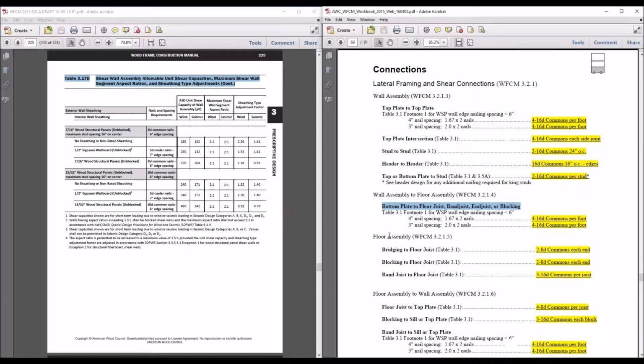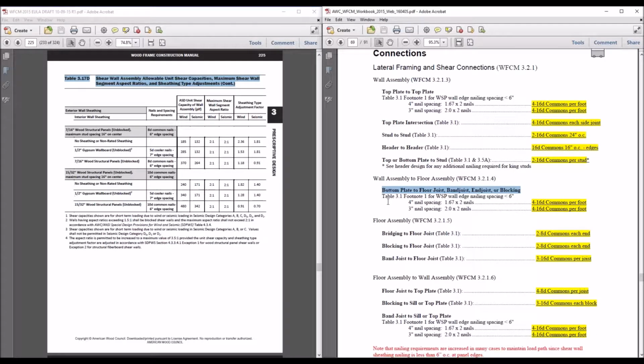This is a requirement to handle shear that's going to be developed in those shear walls when we're connecting the shear wall to the floor diaphragm. And so table 3.1 has a footnote, and again, always look at the footnotes. They're always important. That says if the wood structural panel edge nail spacing is less than 6 inches on center, then you're going to have to beef up your nail spacing where you're connecting that bottom plate to the floor